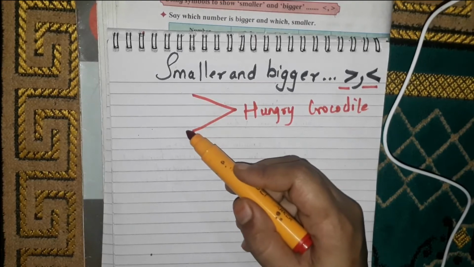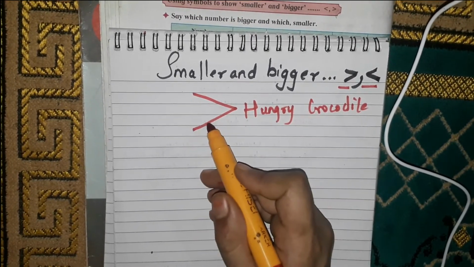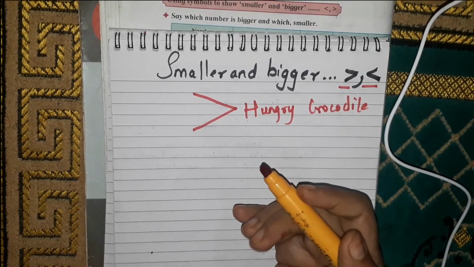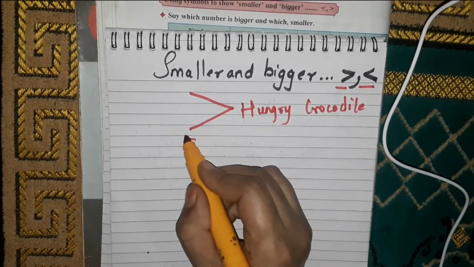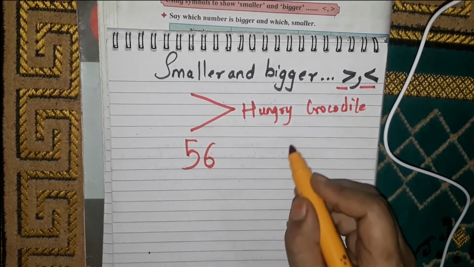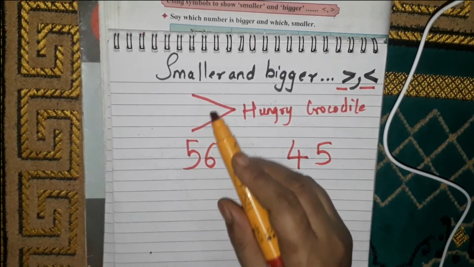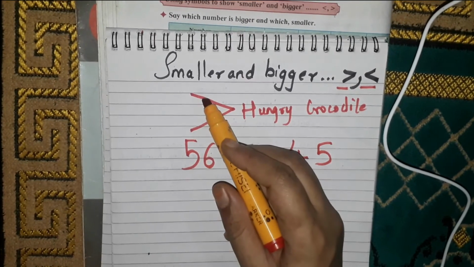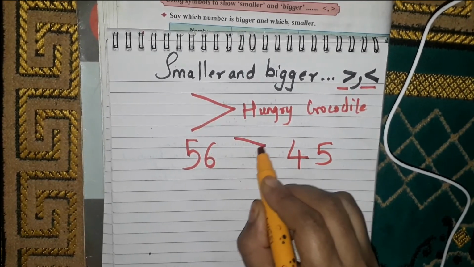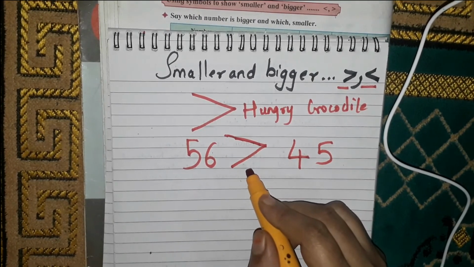कितना बड़ा है ना इसका माउथ. इसका माउथ कहाँ पे ओपन होगा, जब वो बहुत ज़्यादा हंग्री होगा. बहुत ज़्यादा हंग्री होगा तो उतनी ही बड़ी चीज़ खाएगा. यानी इफ़ अ नंबर इज़ बिगर, दैट इज़ 56, सो दिस माउथ, एंड इफ़ अ नेक्स्ट नंबर इज़ 45, सो वेयर द माउथ विल बी ओपन. कहाँ ओपन होगा ये माउथ उसका, 56 के पास, बिकॉज ये क्रोकोडाइल बहुत ही ज़्यादा भूखा है.